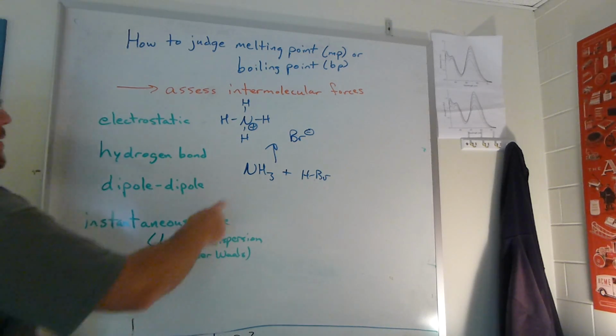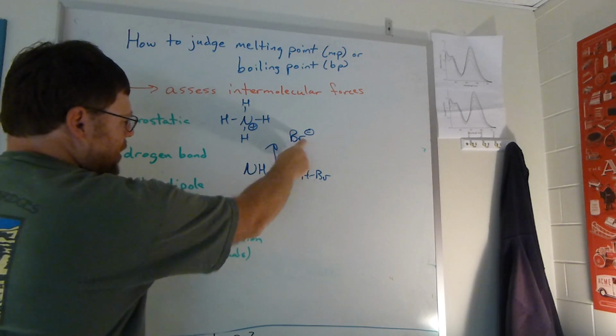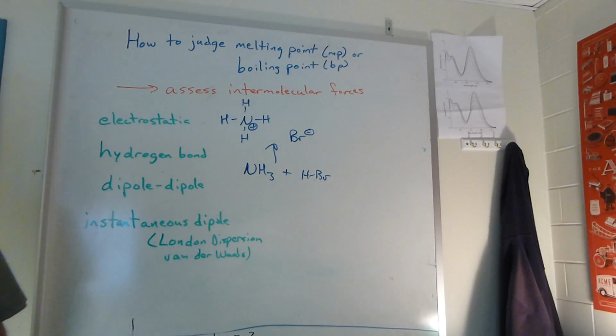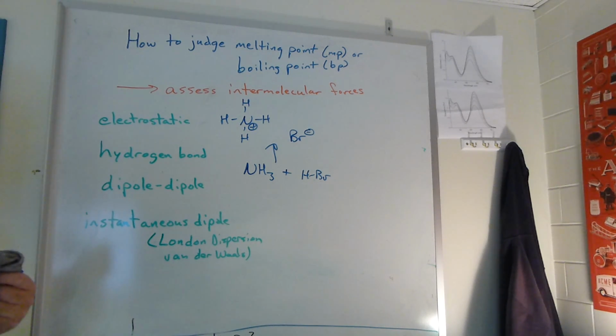And the reason for that is there's a lot of attraction between the positive ammonium ion and the negative bromide ion. So that's an electrostatic interaction. If you have a positive charge, a cation, interacting with a negative charge, an anion, that's a very strong force. It can be a strong enough force to give you an ionic bond, but even if it's not,